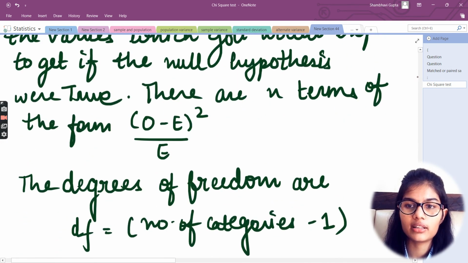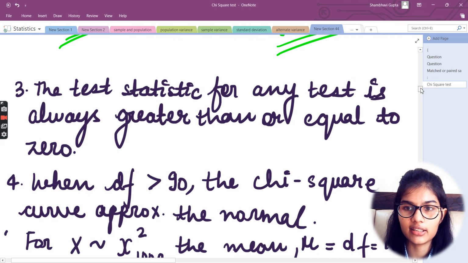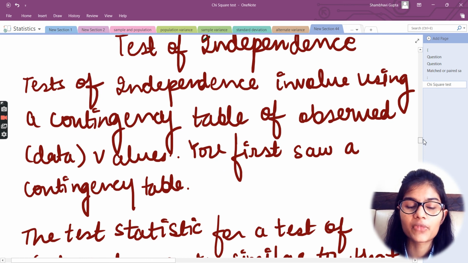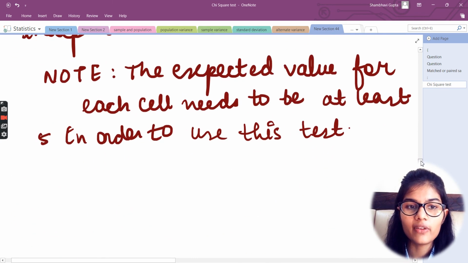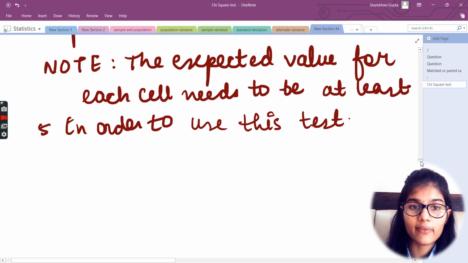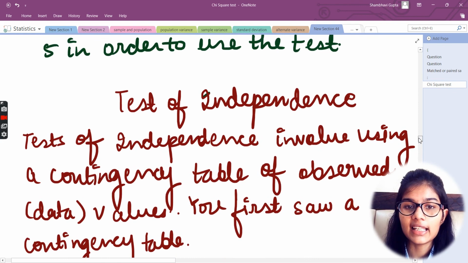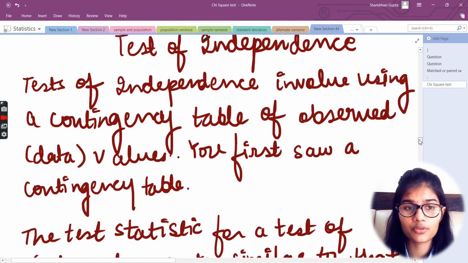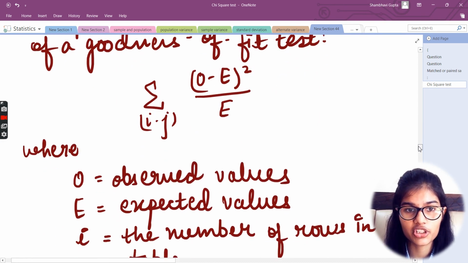Let me go above and quickly take the cursor, then I will let you know some things again. So here we have the test of independence. We have this condition that for this test of independence, we should have a value of at least 5. Then only will we be able to use this test of independence. You could say it's like a range or anything. Hope you got this idea regarding this particular thing.